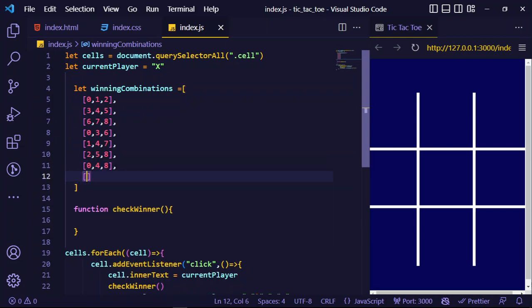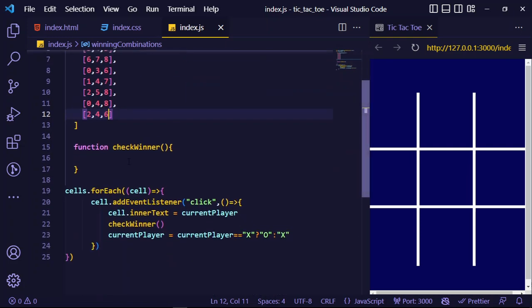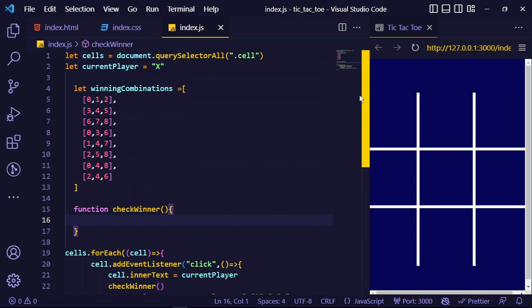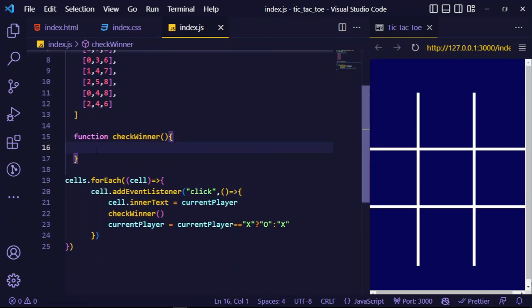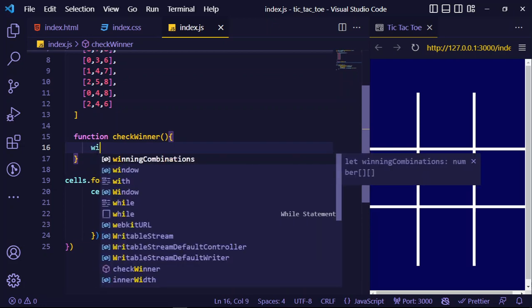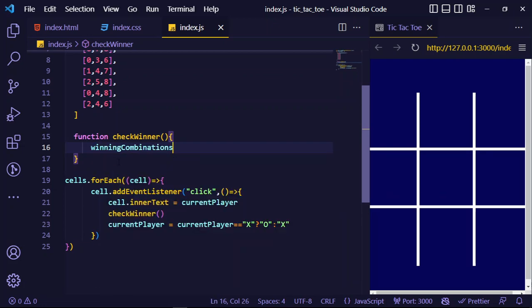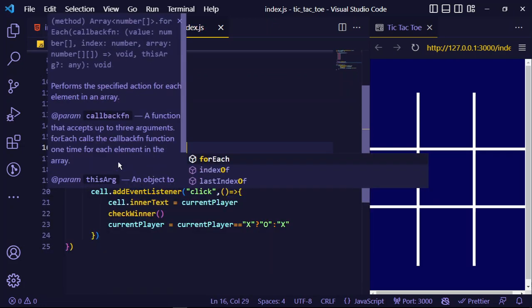The last one will be 2, 4, and 6. So these are the winning combinations that we are going to be having in this game. And inside the check winner function, we're going to execute some logic here. I want to loop through all these winning combinations and determine who is the winner. So we're going to use the for each loop. So winning combinations dot for each